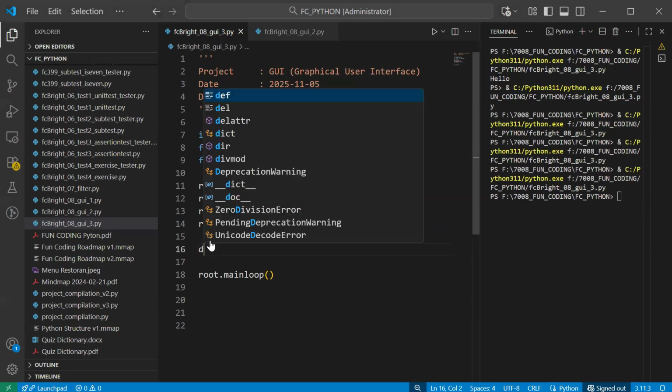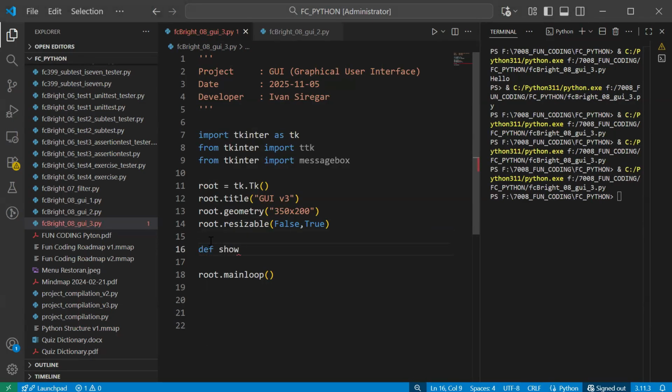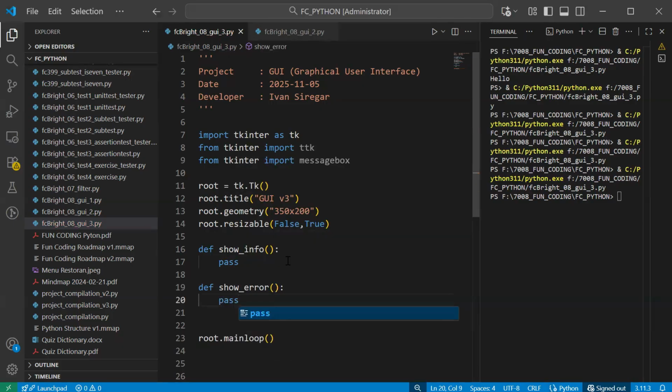We define something like show info. This is the subroutine. We pass first because we don't have any instruction for that yet. We can also define show error, and then we do pass, no information yet.